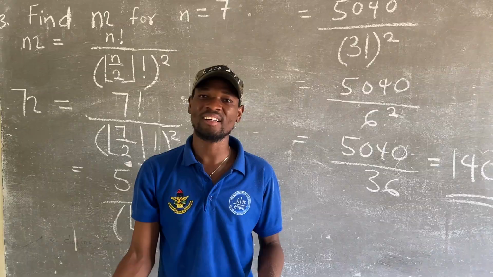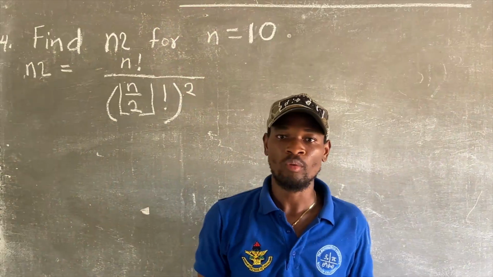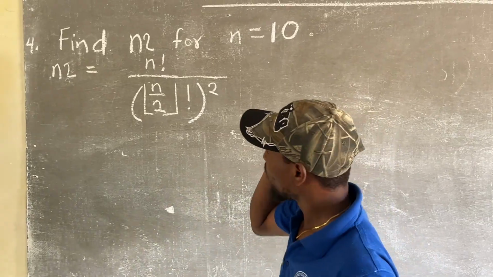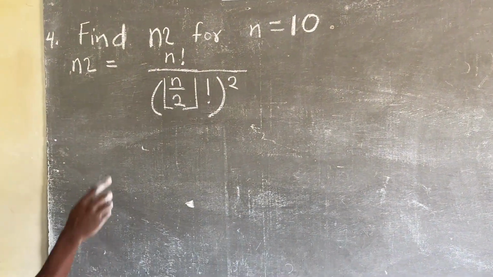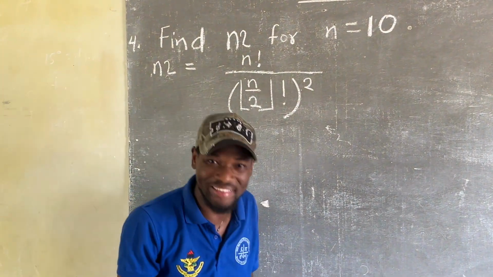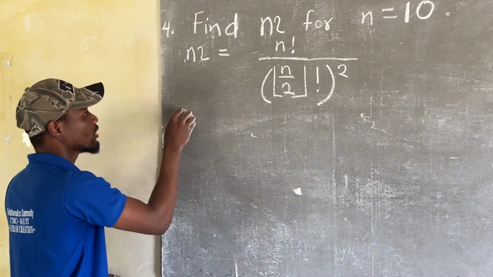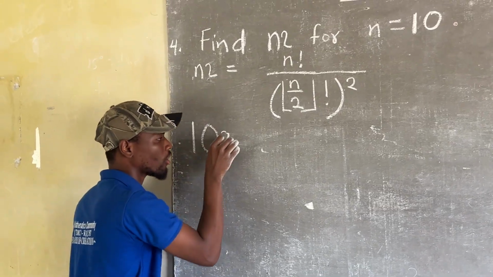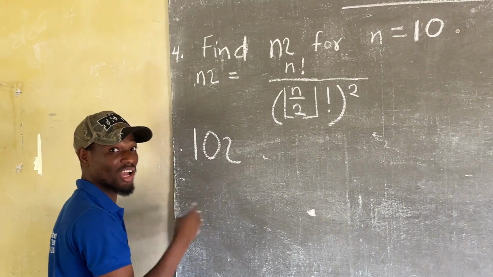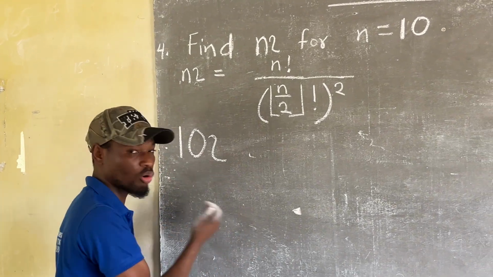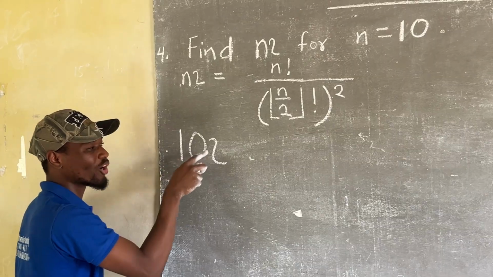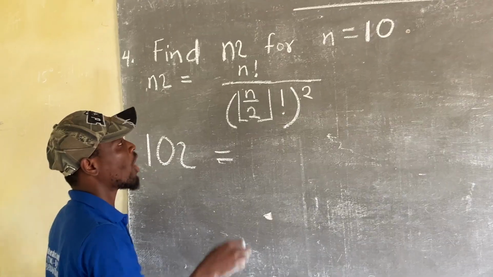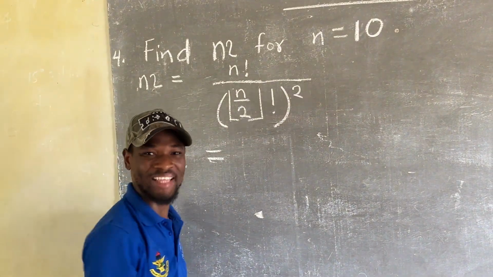Let us consider the last question. The question is: find the swinging factorial of n for n equal to 10. So the swinging factorial of 10 is written this way. Remember, I said math is a language, so we have symbols all over. So this is not 102. This is the swinging factorial of 10, which is equal to, whenever I see n, I put 10 over there,